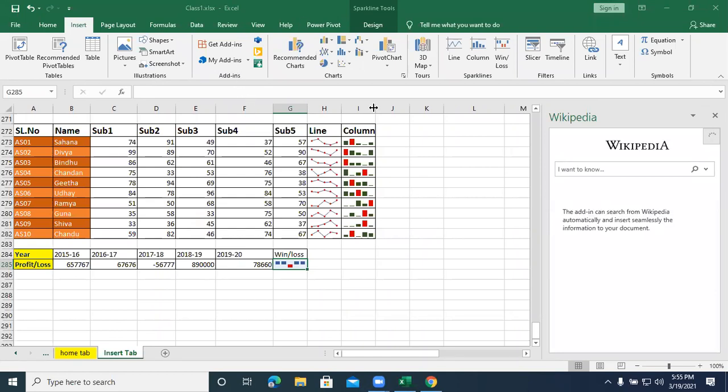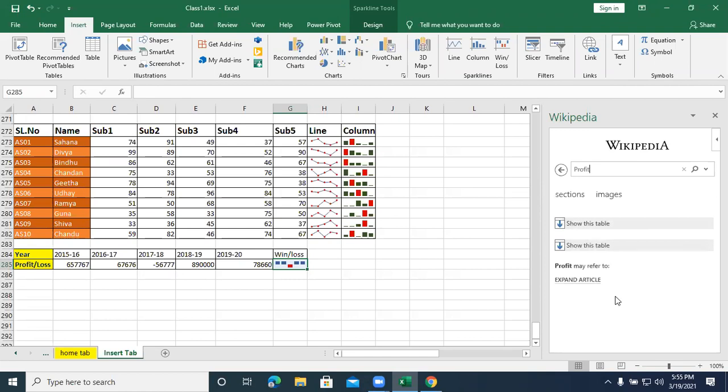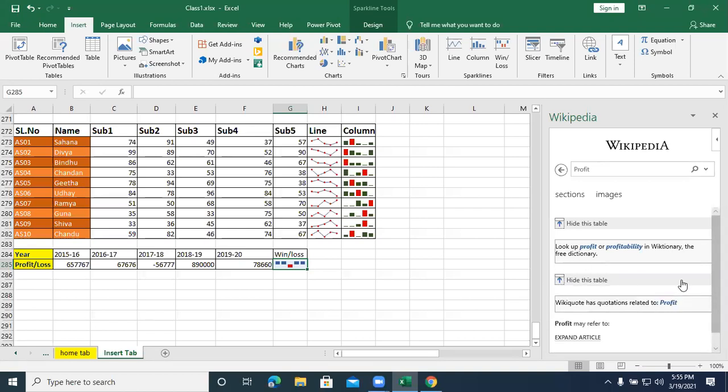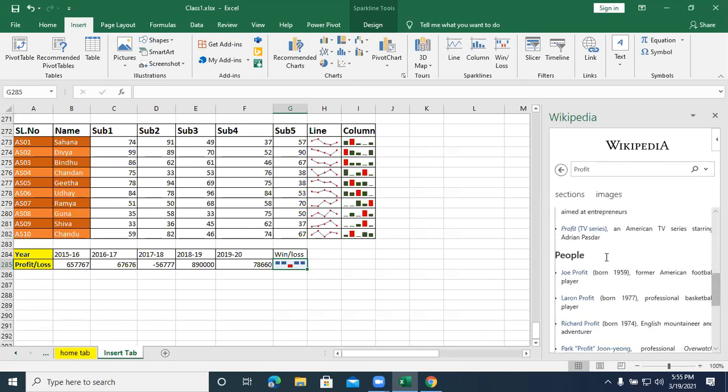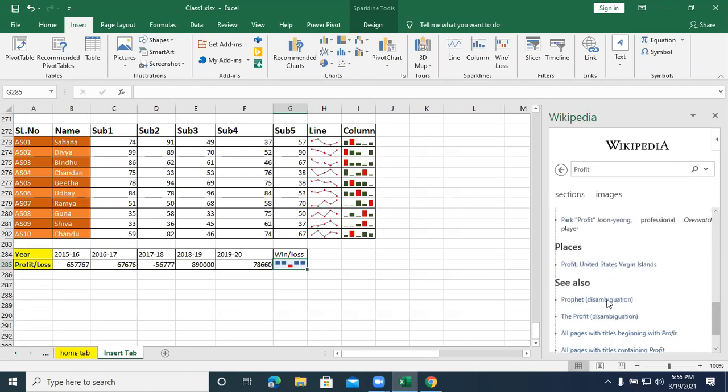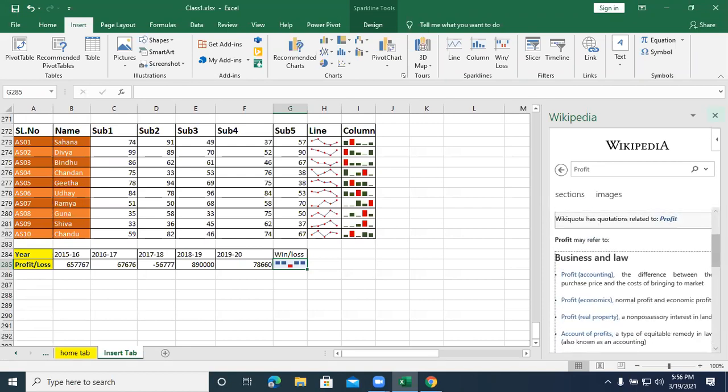So this is about add-ins. See, the article will display all the information. This is what add-ins you can insert.